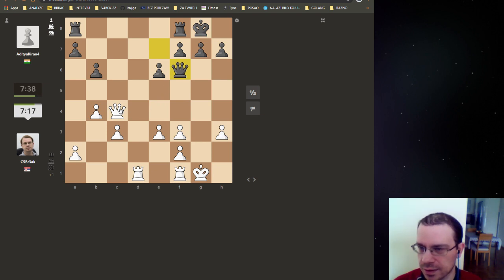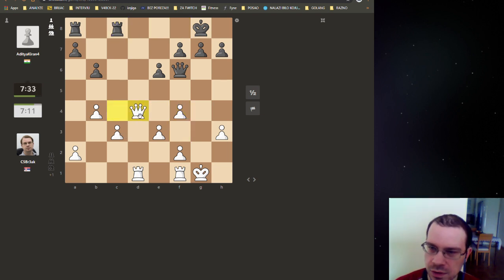e6, nice double attack. f4. Rook e8, he gets the pawn back. Nice. Rook d4, at least I will try to spoil his pawn structure. He can play rook c4. He refuses. Okay, this is...